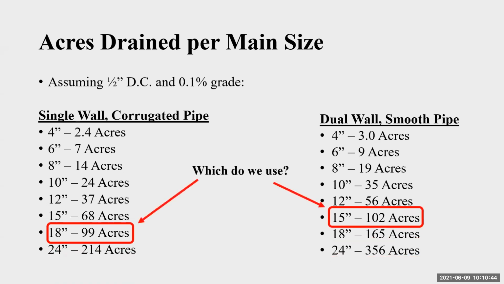Okay. So oftentimes when we do a new system, we start asking the question, okay, well, I can either put in an 18-inch rough pipe and drain 100 acres, or I can put in a 15-inch smooth wall pipe and still drain that same amount of acres. So which one do we use? Well, that's which one's more expensive, which one's more available, the amount of cover you have on the pipe comes into play. But there are some of these choices you can make when you start with a new fully designed system for each field.